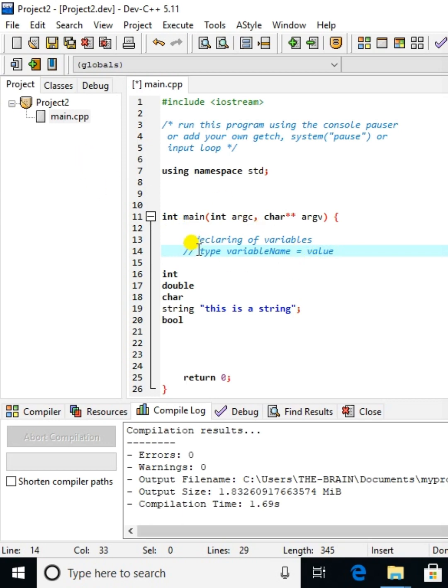In this case, this type is actually the same as an int, a double, a character, a string, or a bool. And the variable name is something like, let's say we have int x,